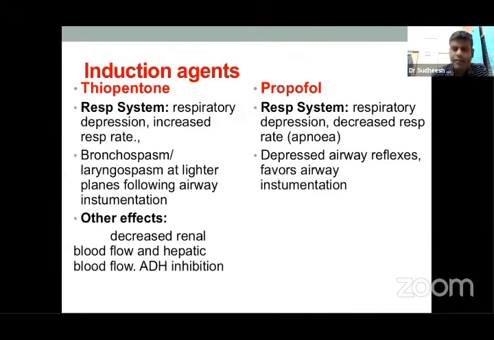And then there are a few interesting questions regarding thiopentone asked by the examiners during viva. One is, what is meant by Verrill sign, and what do you mean by sleep dose and induction dose of thiopentone? These were some of the questions asked in my previous classes. So Verrill sign is when you start giving thiopentone and observe loss of eyelash reflex, there is drooping of eyelids. When the patient has eyes wide open, once you start giving thiopentone and the patient gets induced, there is drooping of eyelids. This is known as Verrill sign.